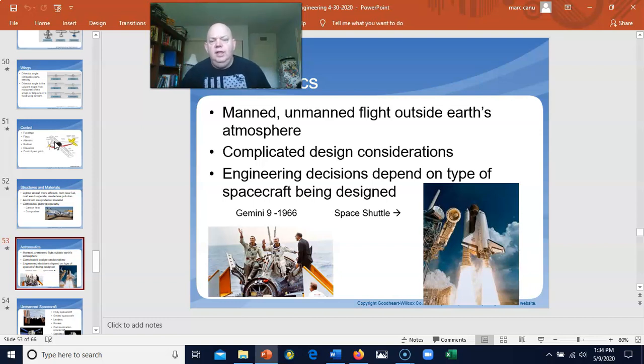designed. On the left here, you see the capsule of Gemini 9, after it has splashed down and the astronauts have come out. This is in the year 1966. Okay, Mr. Canu was around at that time, and he certainly had more hair on his head than he does today. Now, the other extent